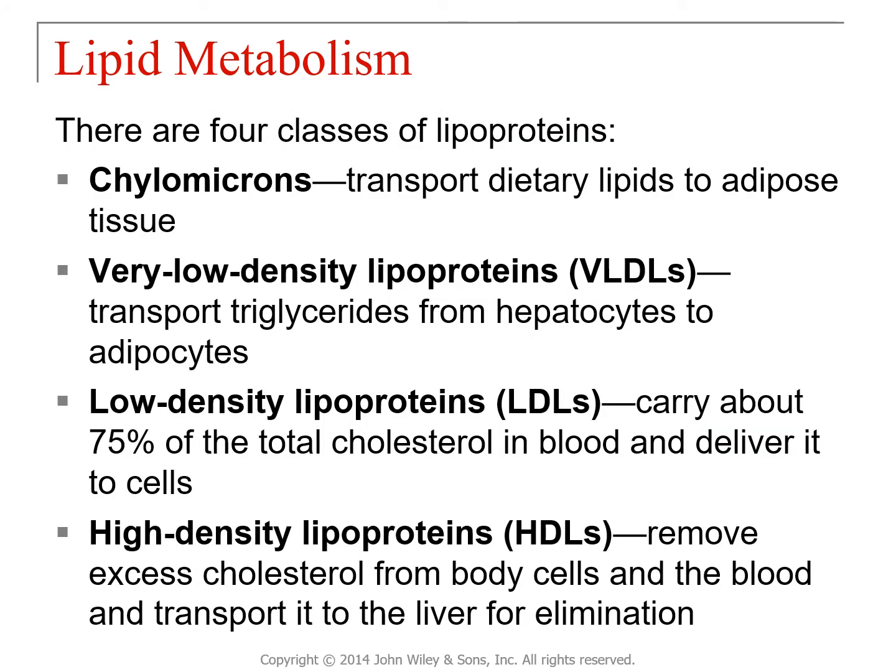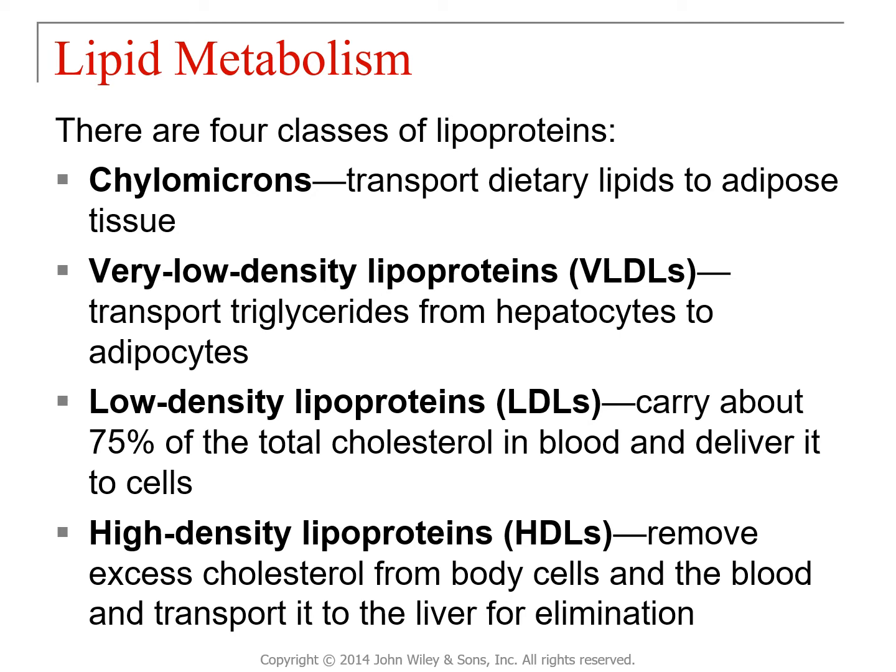There are four major classes of lipoproteins that transport lipids throughout the body in the blood. Number one are the chylomicrons. These originate in the digestive tract and are packages of dietary lipids that have been absorbed into the intestine. They are then combined with proteins and eventually enter the bloodstream, where they travel throughout the body, releasing triglycerides to adipose tissue for storage. Eventually, chylomicron remnants are taken up by the liver, and the components of the chylomicrons are